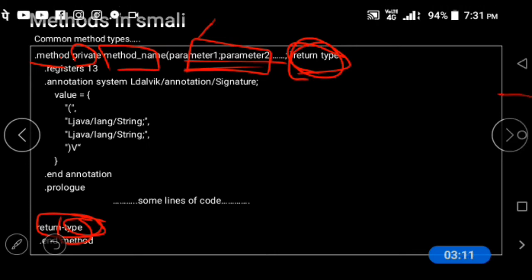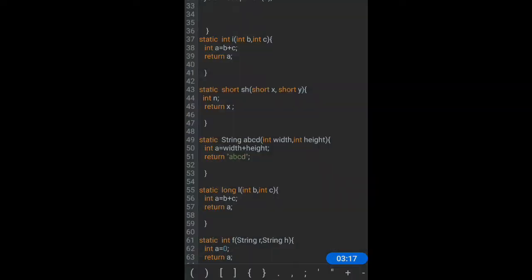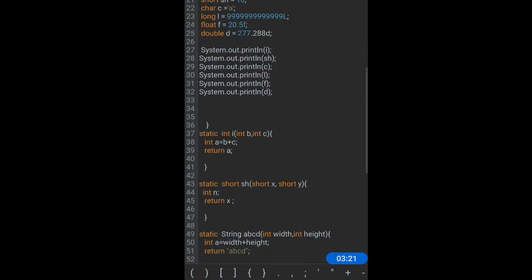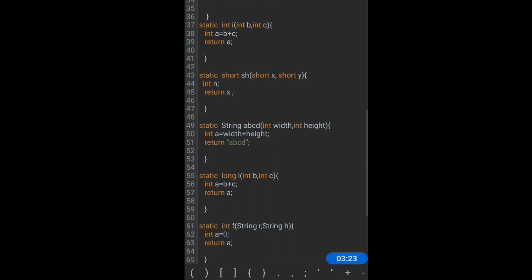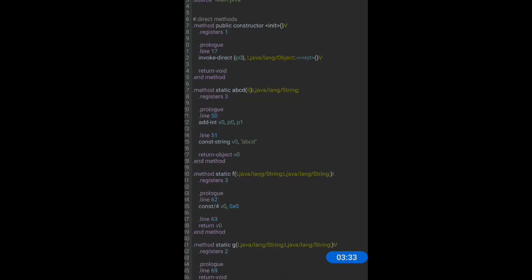Now I will show it in detail. You can see I have written a few methods here.